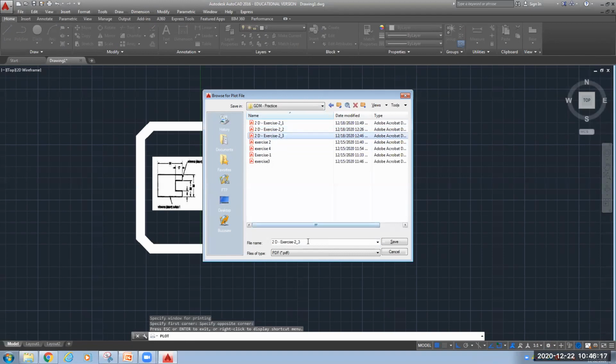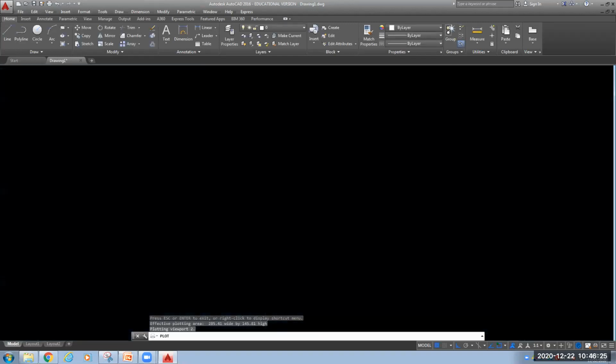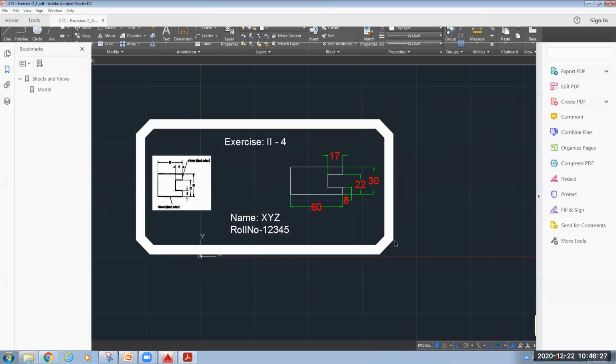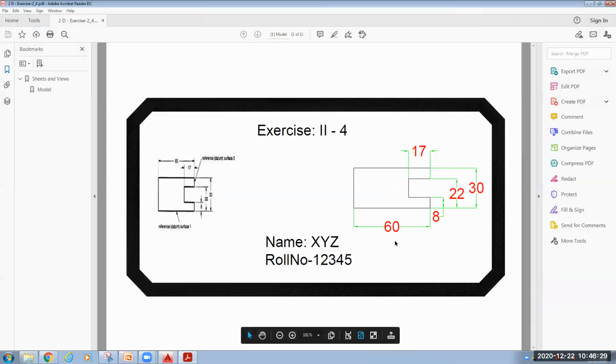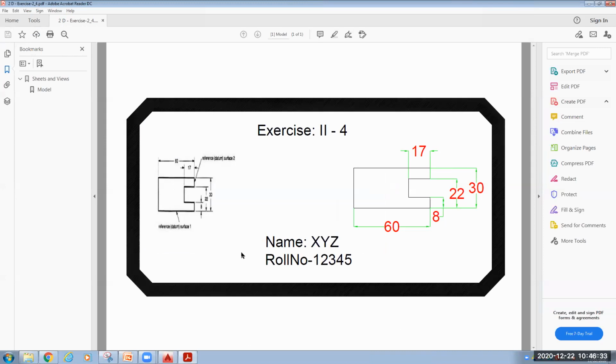So this is my exercise 2 and drawing number 4. Now save it. PDF will be automatically generated and you can see it on your screen. So this is how we have completed our drawing number 4.